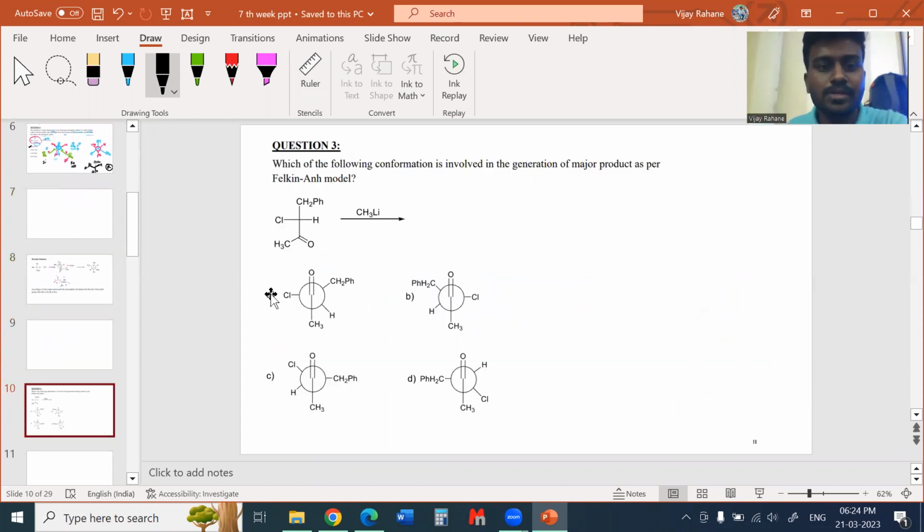So the third question is, which of the following conformations is involved in the generation of the major product as per the Felkin-Anh model? So what is the Felkin-Anh model? In the Felkin-Anh model, we need to take the bulky group perpendicular to the carbonyl, right? So in this one, if you draw the structure in the Newman projection formula, the Newman projection for this compound will be like this. So this will be the center. The front carbonyl carbon will be like this,